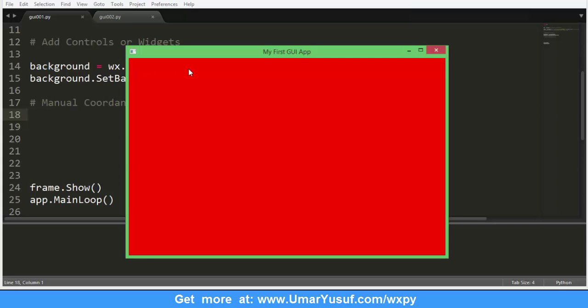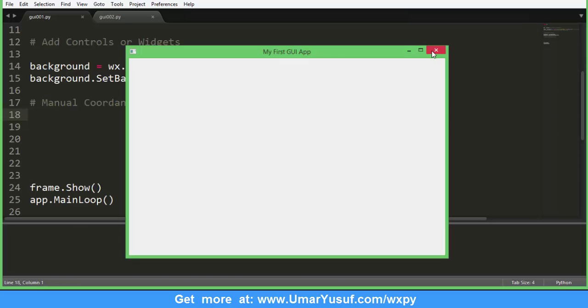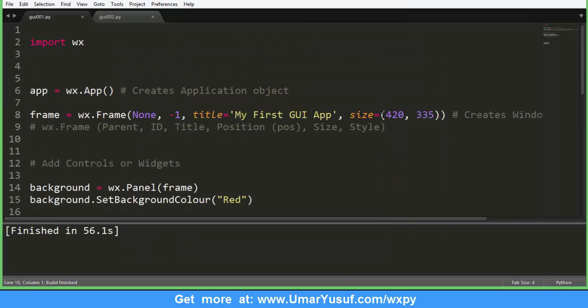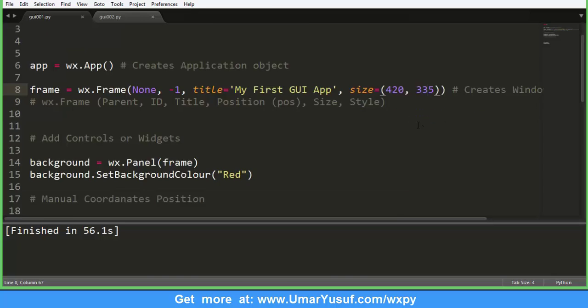So first of all, I'm going to add a text control, that's a text box, to cover somewhere here, followed by two buttons to the right. Then at the bottom, I'm going to use another text control with multiple lines at the bottom of the frame. So don't forget that the default size of our frame is actually set to 420 pixels width and 335 pixels